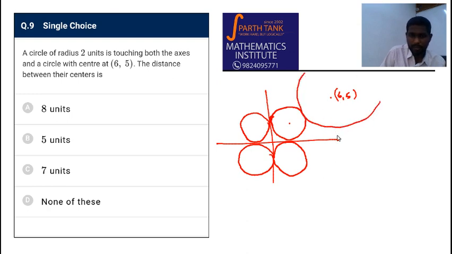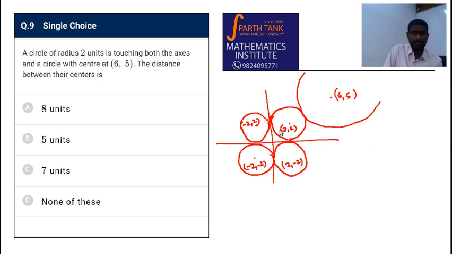A bigger circle here, or it can touch this one also, or this one, or this one. Anything is possible. Now if this circle is this, we can find the centers easily. If the radius is 2 units, this is (2, 2), this should be (-2, 2), or this should be (-2, -2), and this should be (2, -2). In the other case there will be a much bigger circle touching it like this, okay?